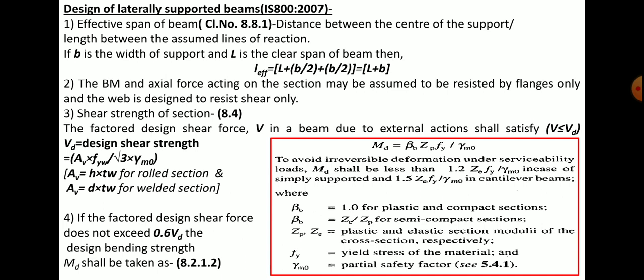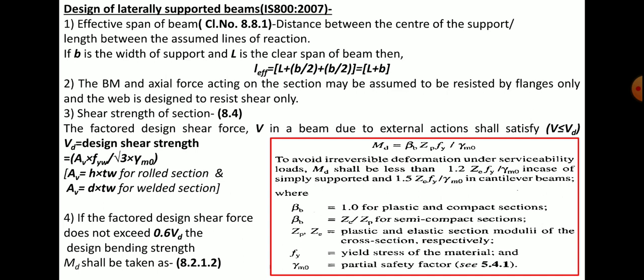So the section is subjected to continuous loading. In that case the yield stresses are going to be achieved at certain larger deformations, and there is plastic hinge formation, due to which the behavior of your cross section is plastic, and because of that plastic behavior the bending strength of the section is going to increase.